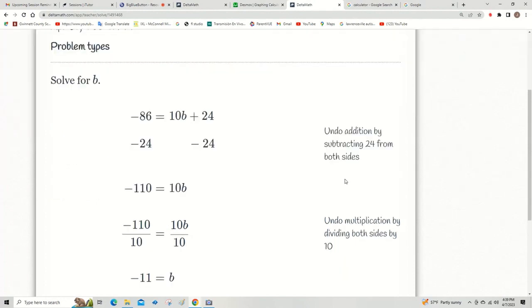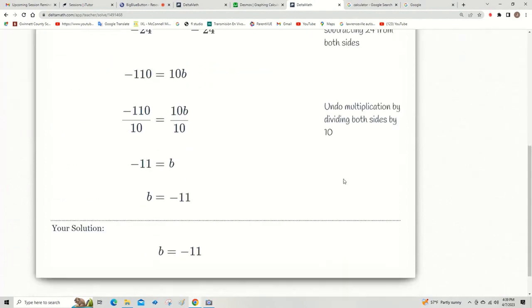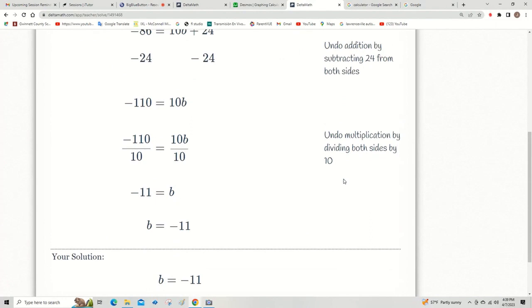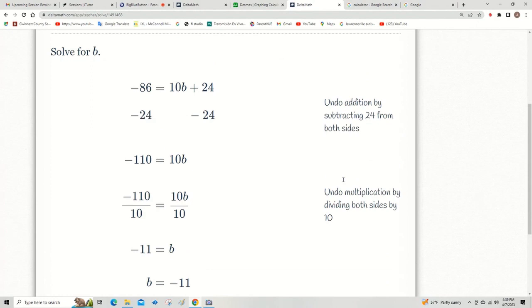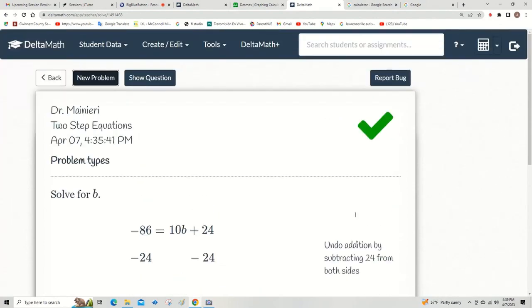All right, on fire. What's great about this is you look down, see? It's exactly what we just did right there. So Delta Math is a great program. Undo addition by subtracting 24 by both sides. Undo multiplication by dividing both sides. So we say undo, or they say undo. I like to say using the